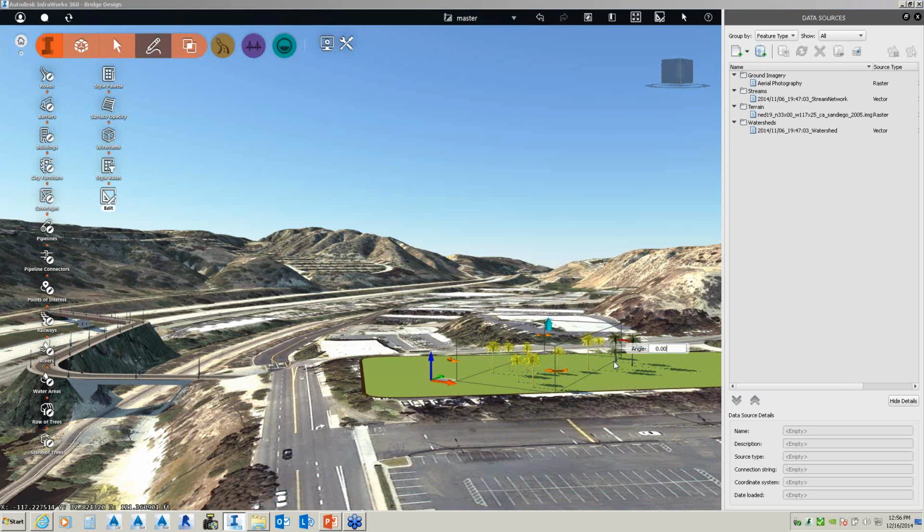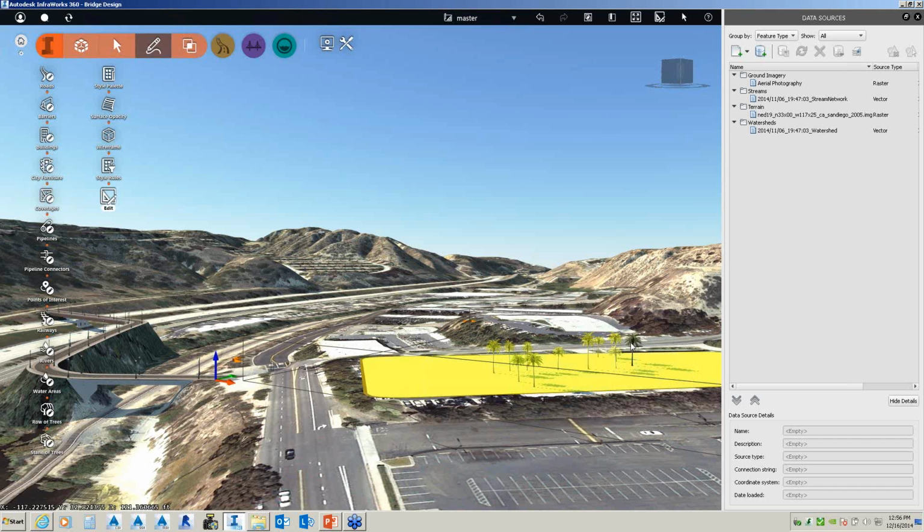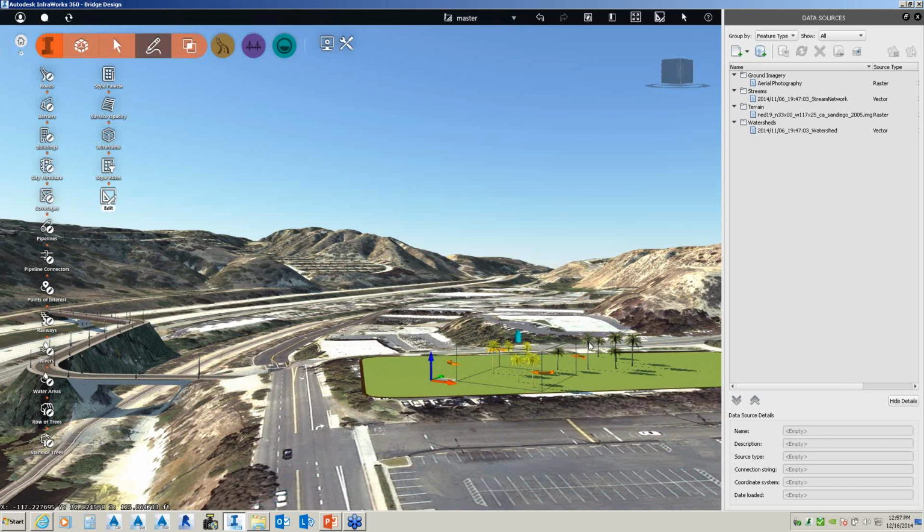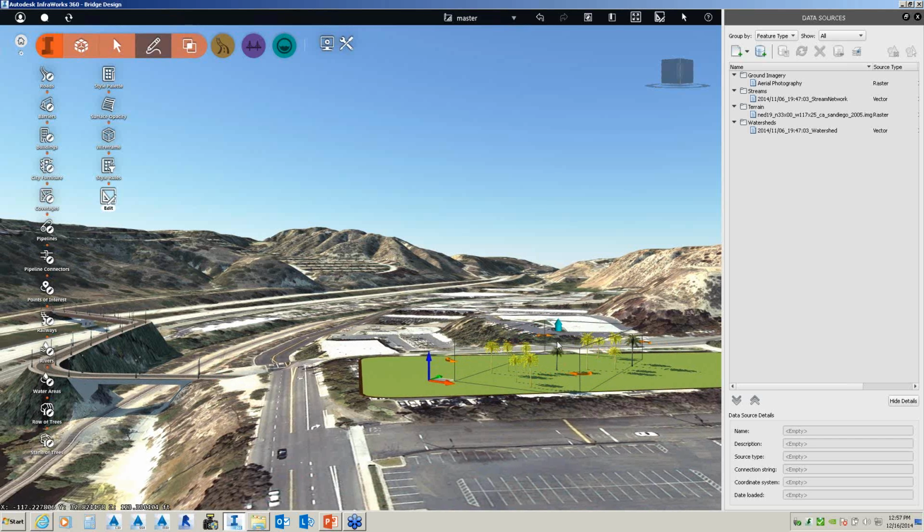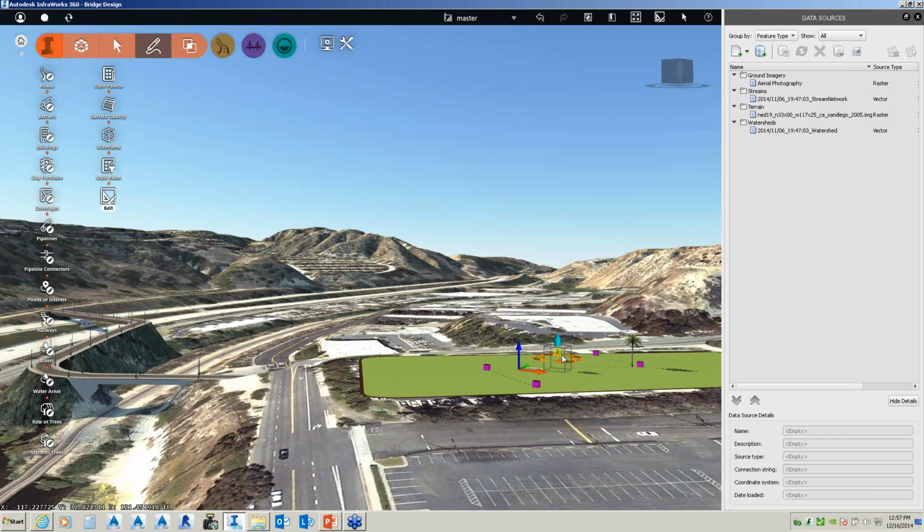So those of you out there who are architects and want to bring in buildings, we can create buildings on the fly really quickly for quick concept proposals. So we'll just erase that, and we'll pick that one, and we'll pick that one, and we'll just erase it.